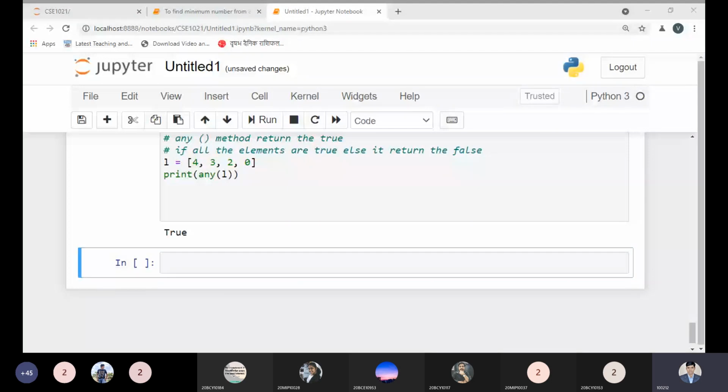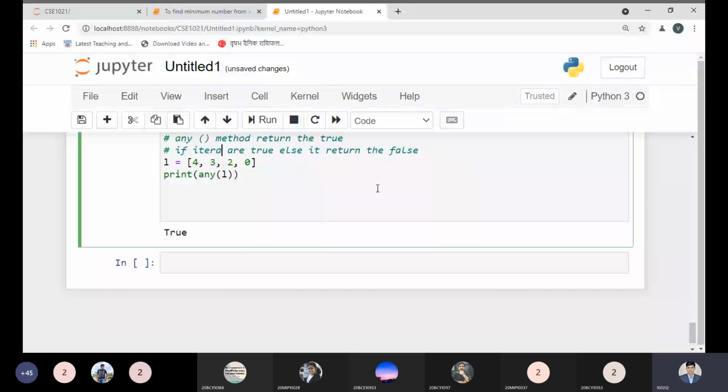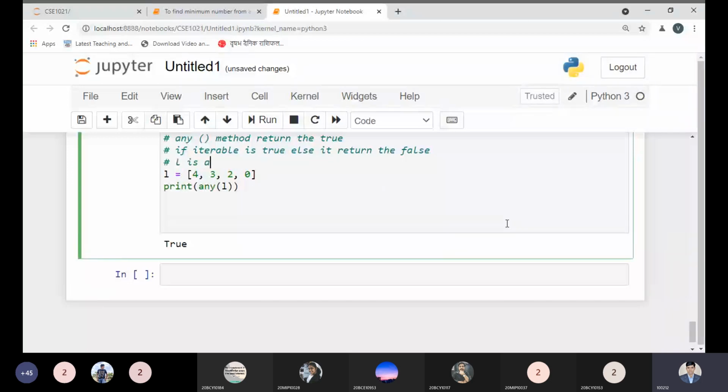We have passed the iterable, so the all or any method is true if the iterable is true, else it is false. Here L is a list, and in this list all the elements are positive, so we are getting no problem. But if any value belongs to false, we will get a different result.